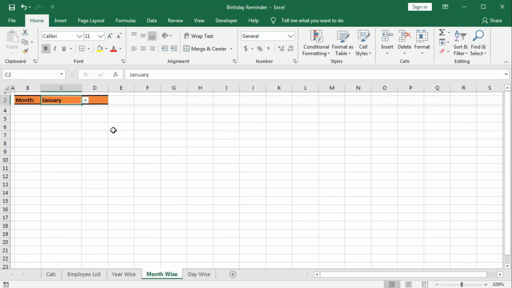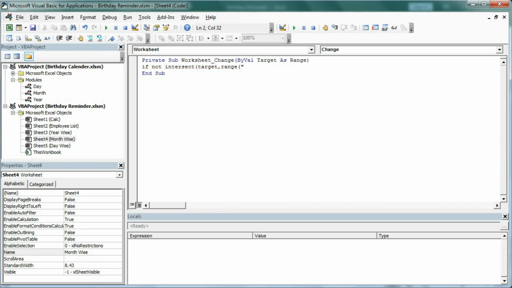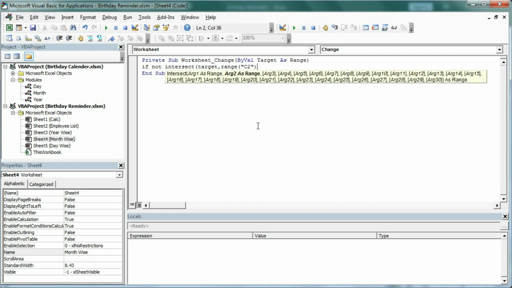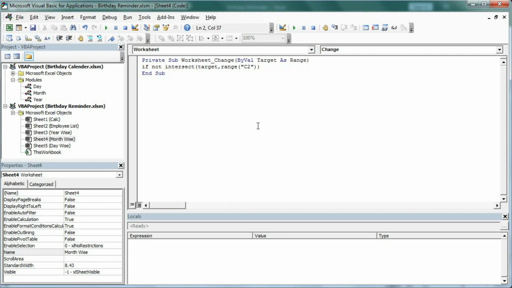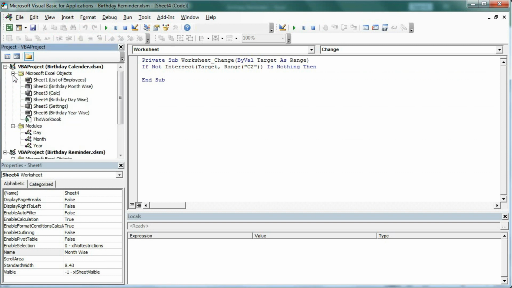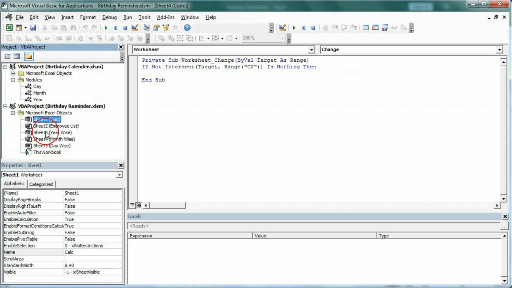So the range is C2 within quotation, C2 quotation close for target is nothing then. And here you can see the calc is sheet 3, sorry, not this one, here calc is sheet 1.